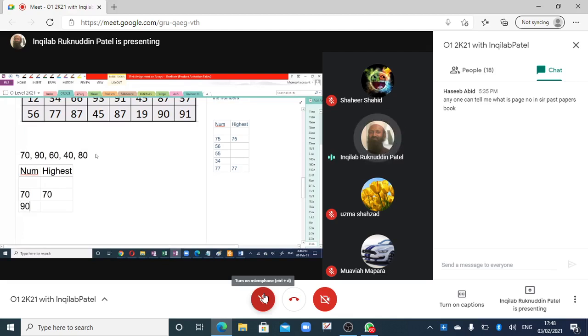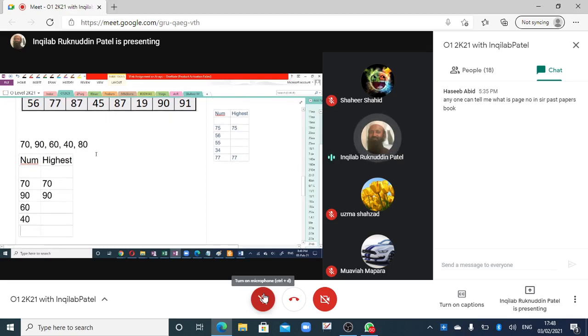Then I will read number 90 and compare it with the current highest number. It is greater than the current highest number, so the current highest number will be 90. Then I input 60, it is not greater than the current highest number. Then 40, it is not greater. Then 80, it is not greater. So the current highest number will be 90.